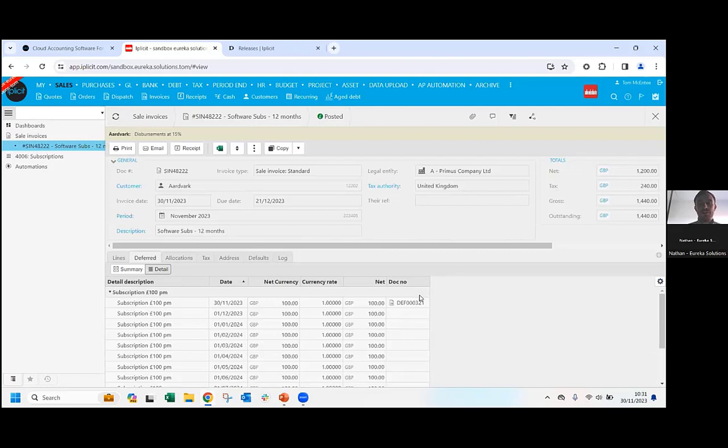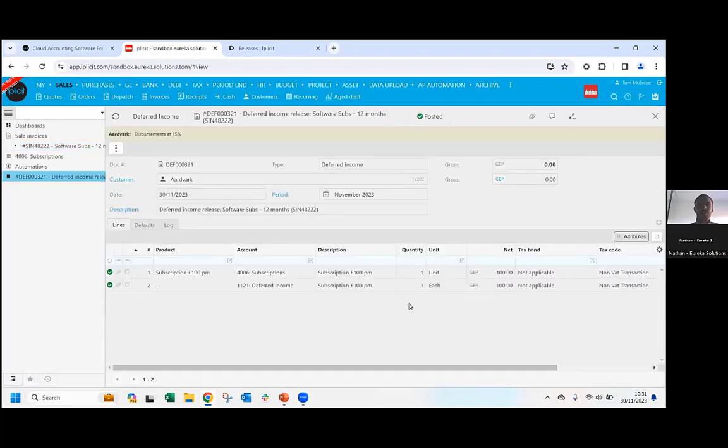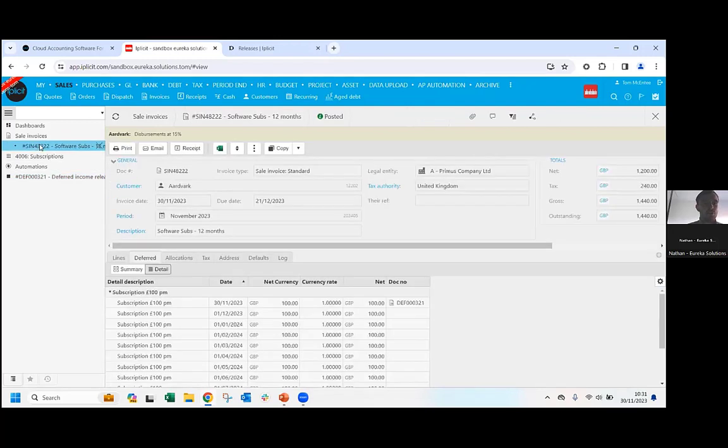Now that I've refreshed, we can get access to the journals that it's going to create. And of course, over time, when we run the automation, it will keep creating those journals for you. So it's really, really simple at month end to be able to access the journals that we need, all posted to the right accounts that you select. If I pop back in, you can see again that it's all been done for you through iplicit's automation centre. Now, this is a really simple example where it's just a £100 per month subscription,